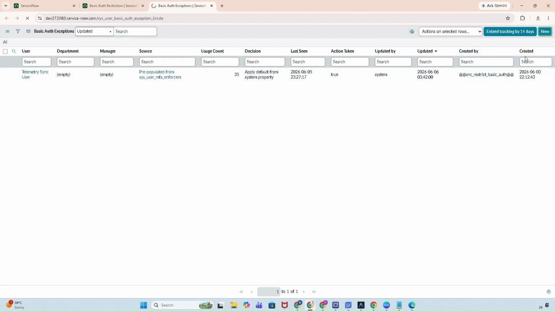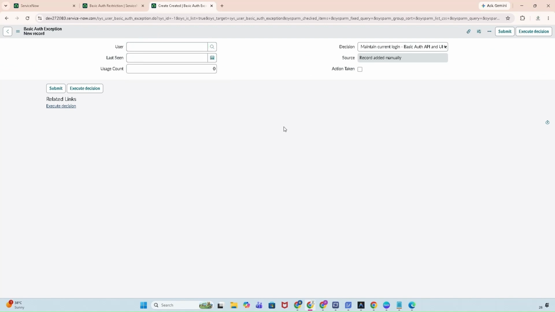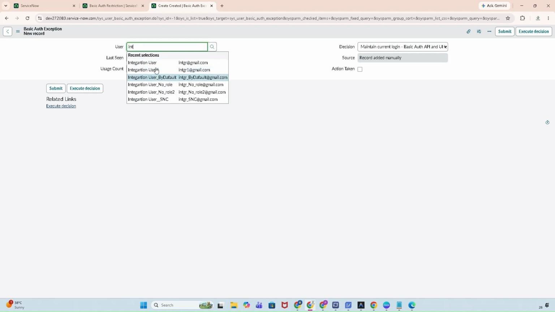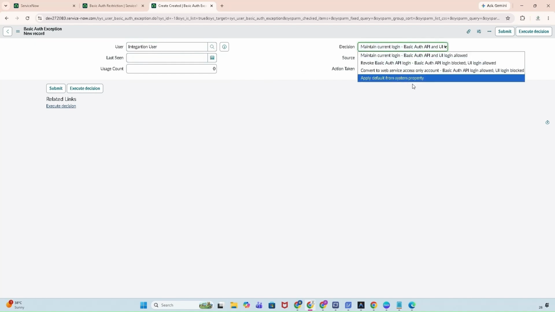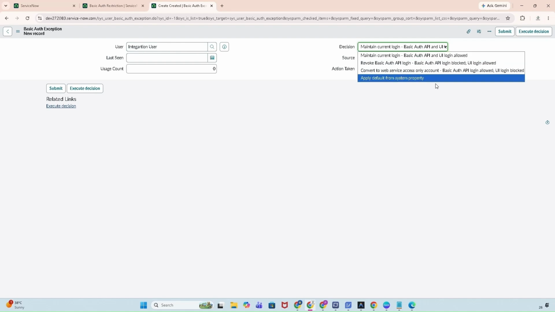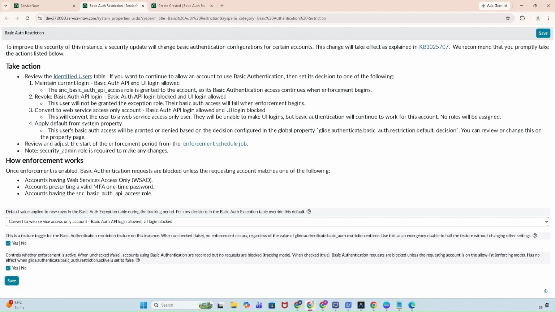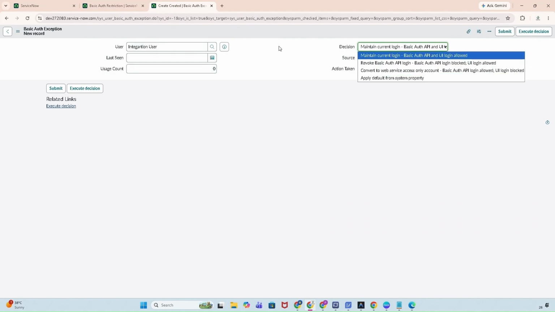Click the new button, and you need to understand your profile, which profile you are providing as a basic auth, or which profile you already configured as a basic auth. Suppose let me add one profile, integration user. And now here we have decision. What decision are you looking to choose in this? For each credential you can define your own decision, and whatever decision is already defined at the property side